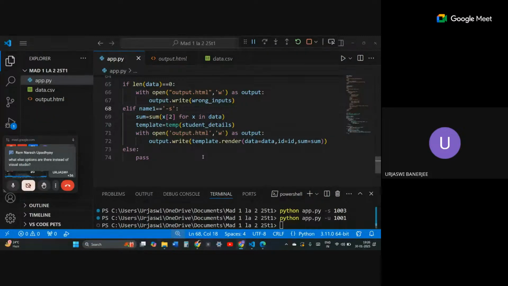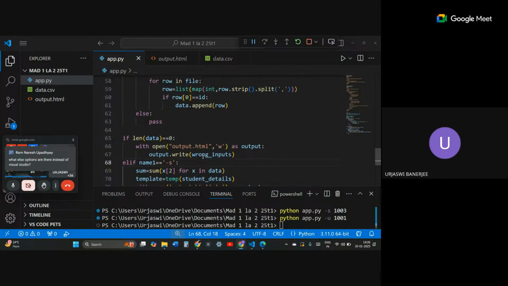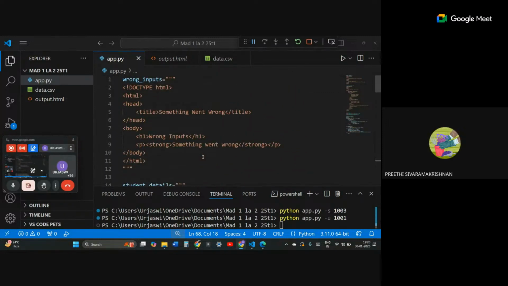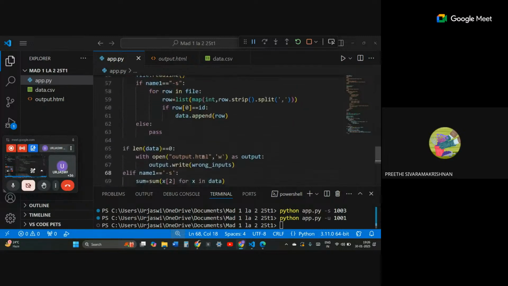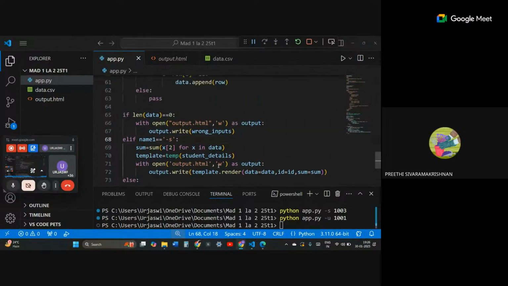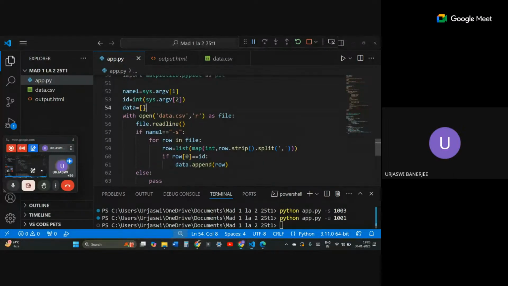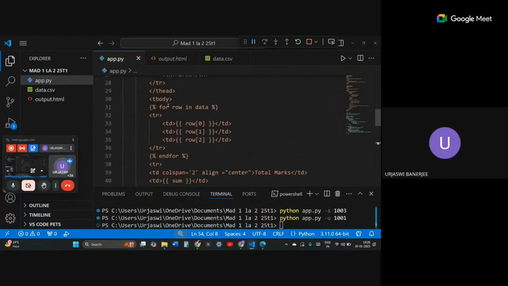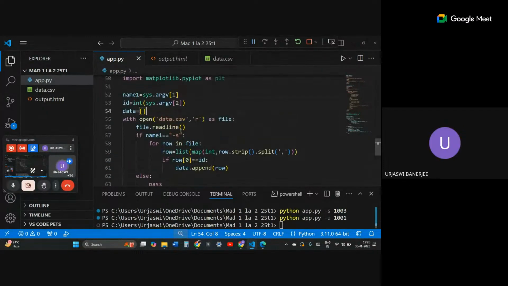Ma'am, can you explain this full code in summary? When to open the file, when to read the file. Ma'am, that is simple. Before you do that, you have passed data equal to data and then ID equal to ID. I see data in the backend, in your template code, over here, for row in data. That is your backend, right? Yes, the data is over here, for row in data. But where is the ID, ma'am? I'm not able to see the ID. I took the ID for